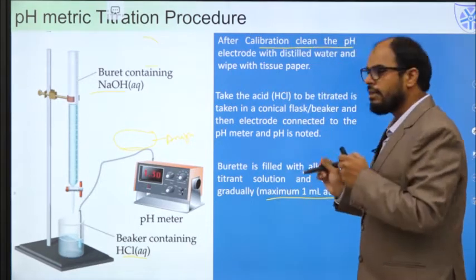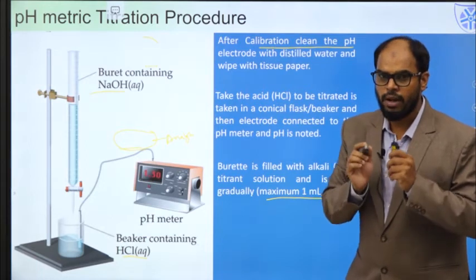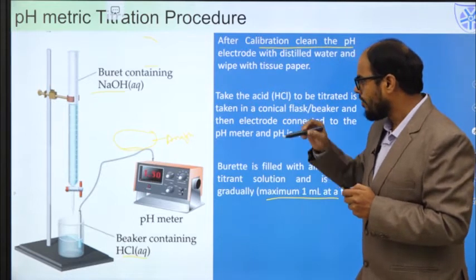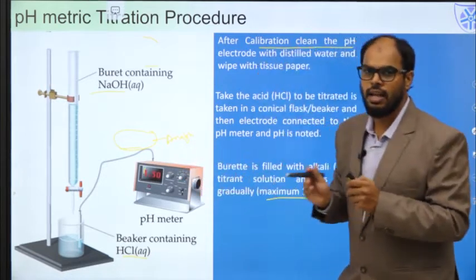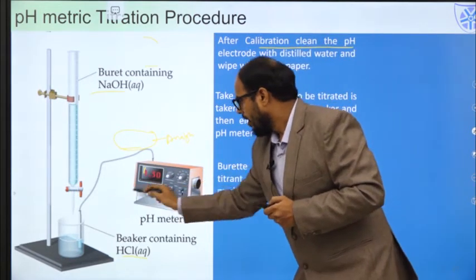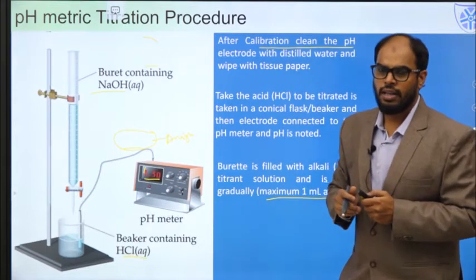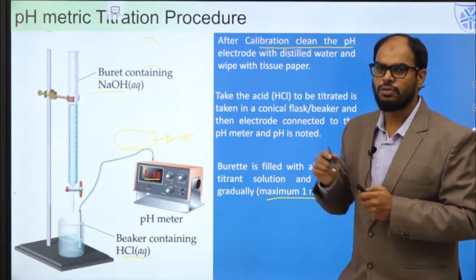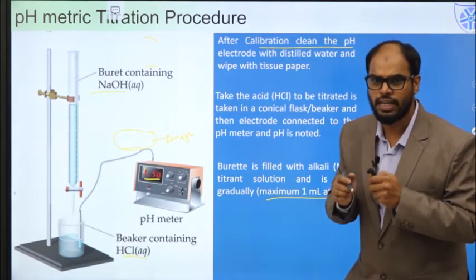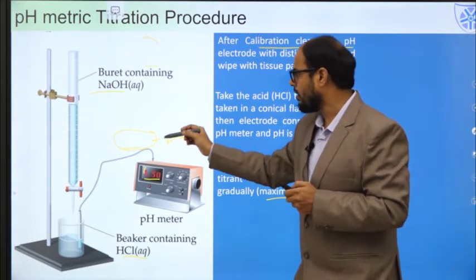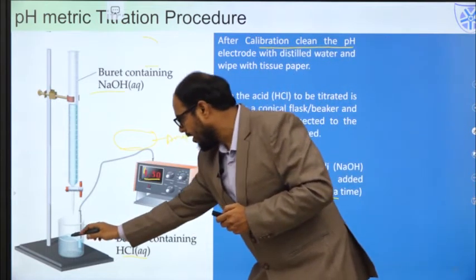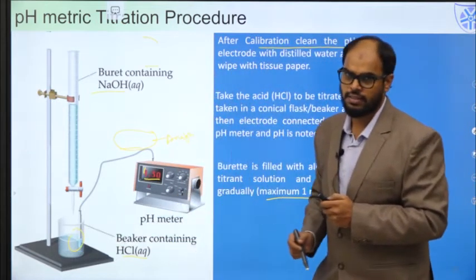We should make sure that at the maximum we add only 1 ml of titrant, that is sodium hydroxide, to the analyte. And after addition of each, note down the change in the pH values. Whenever we see a pH value of nearly 1.5 on addition of sodium hydroxide from the burette, the concentration of H plus ions will decrease, because the OH minus ions from the burette start neutralizing the H plus ions present in the beaker or the conical flask.